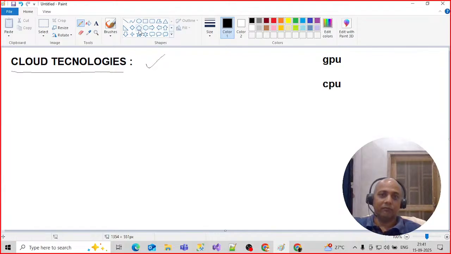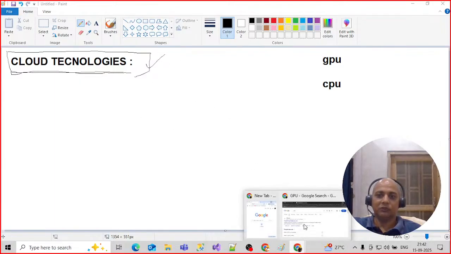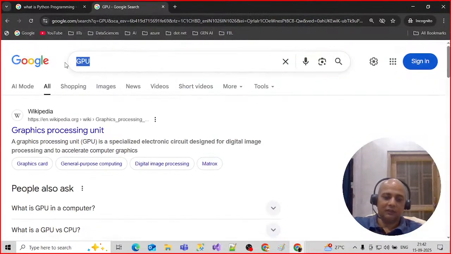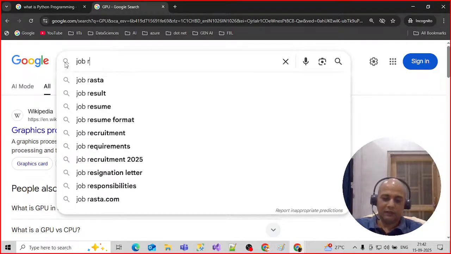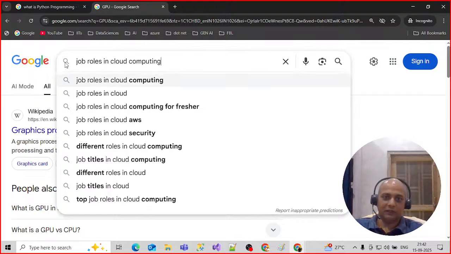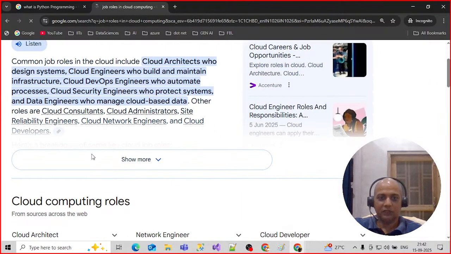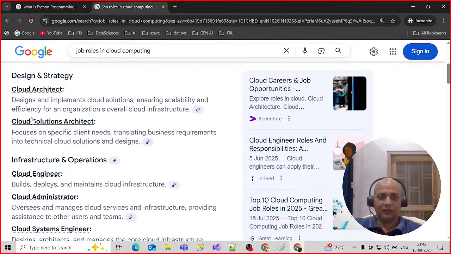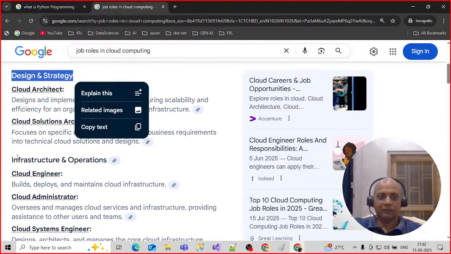But a basic understanding of these things is enough, because people are making separate careers in these, right? People are making separate careers as DevOps engineers, LLM Ops. So we have different job roles available for cloud technologies. If you search for job roles in cloud computing, many job roles are available: cloud architect, cloud solution architect,